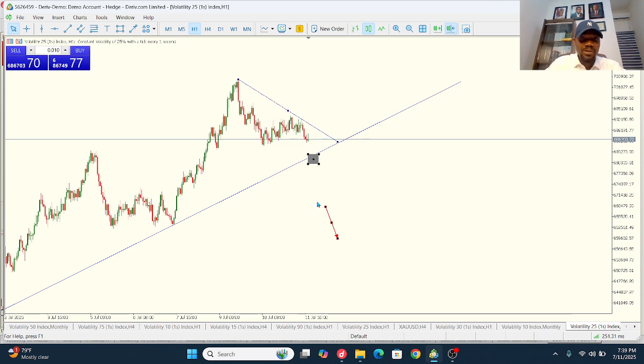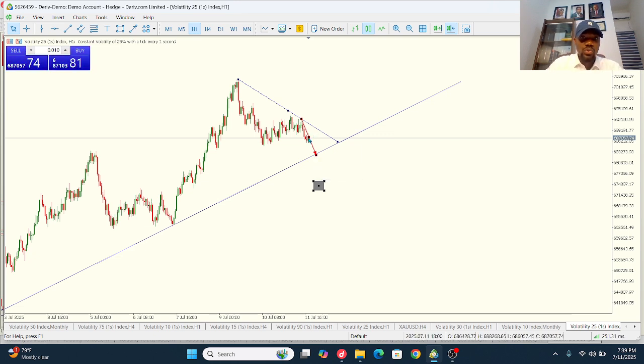So now I'm waiting for the market to do what? To come down all the way to my trend line here. Then I will be looking for a buy opportunity. So when it gets to this point, this is an active current market, guys. So this is live. When it gets to this point, I'm looking at any bullish price action, maybe a bullish engulfing, a hammer, morning star, all of those bullish price actions. As soon as that happens,